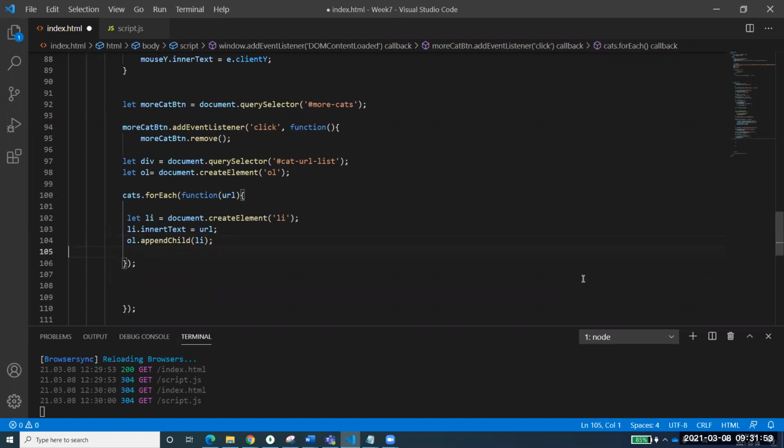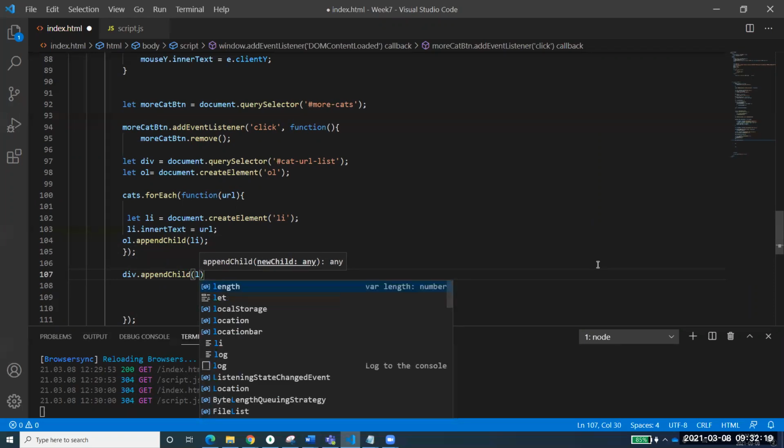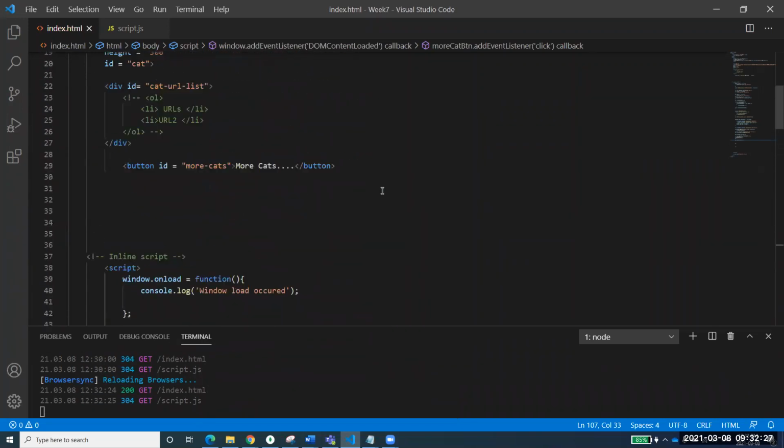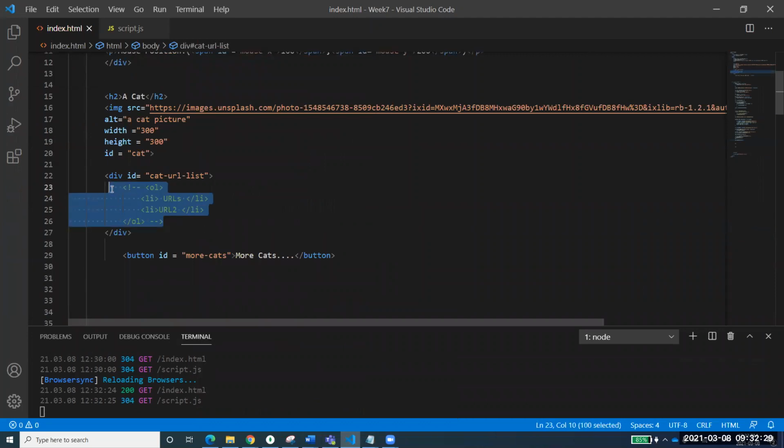Now a question. Will this OL appear in my div, or is something else remaining? Anyone? Is there something remaining, or should it work with that? Okay, so the thing remaining is I have not appended it. I have to append this OL as a child. This ordered list has to be appended. You are saying uncomment? No, I don't need this uncommented. I don't even need it at all.